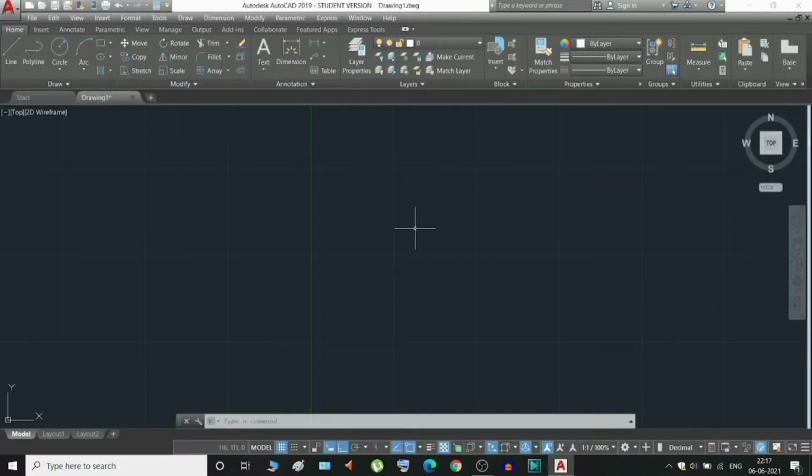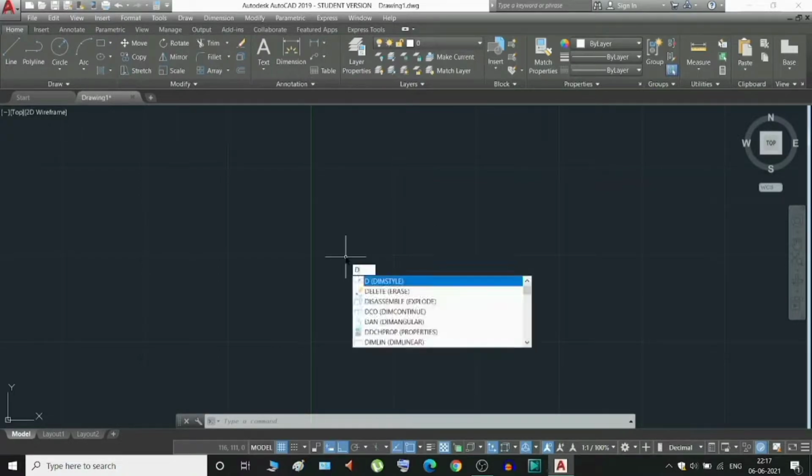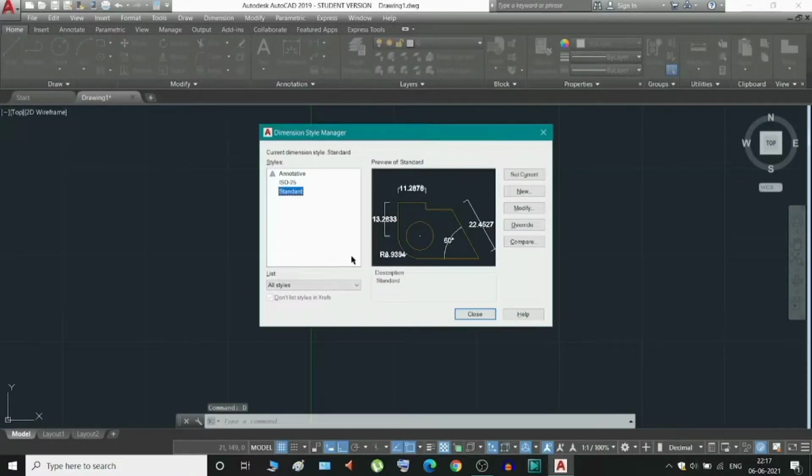Next we have to select the dimensional unit. To do that we have to type D, enter, and it will take you to the dimension style manager where you can modify your arrows, the number you want to write, the style, etc. So click on modify.